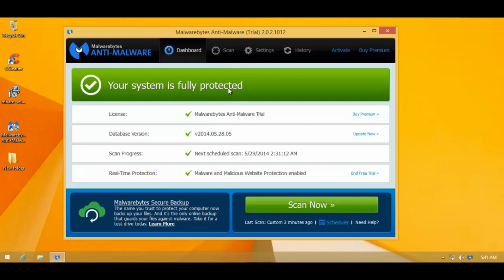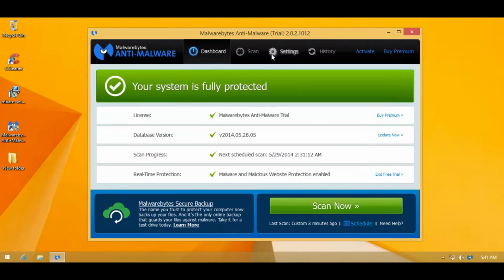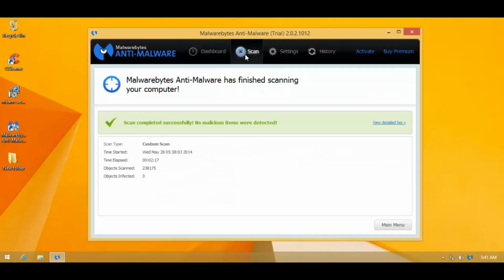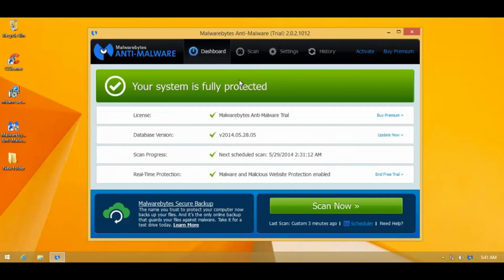Is it worth it? Well, it depends on what kind of main product you use. If you use a product that has really good signatures, I don't think this is going to make too much of a difference unless you're really concerned. And for most purposes, I would just use their removal feature. I mean, just scan and remove. The real-time protection, it's not bad, but it's still not something that really, really impresses me. So unless you're really into this kind of stuff and you really need those extra signatures, I wouldn't pay them